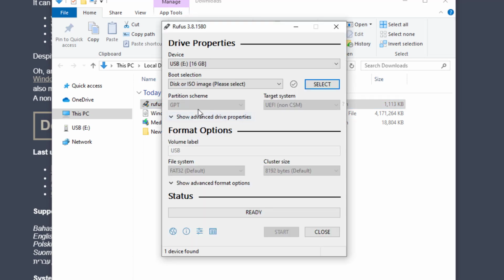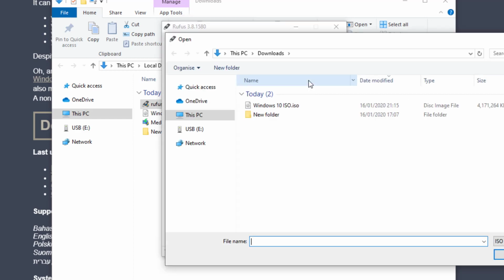so that will load the tool there. You can see that I already have a 16 gig USB already in my laptop, and we can see the boot selection there for a disk or an ISO. So we want to select the ISO that we've just downloaded there, and you can see our Windows 10 ISO there. So we'll just go ahead and select that,